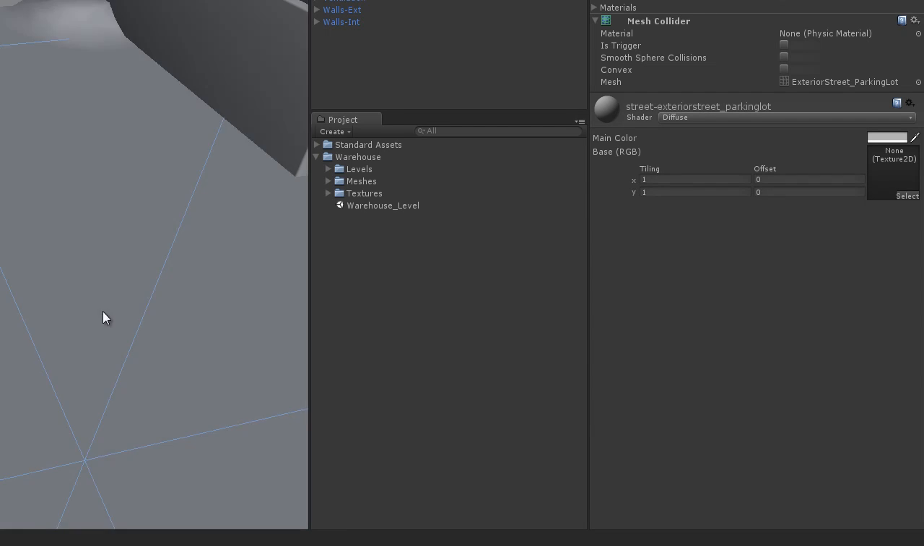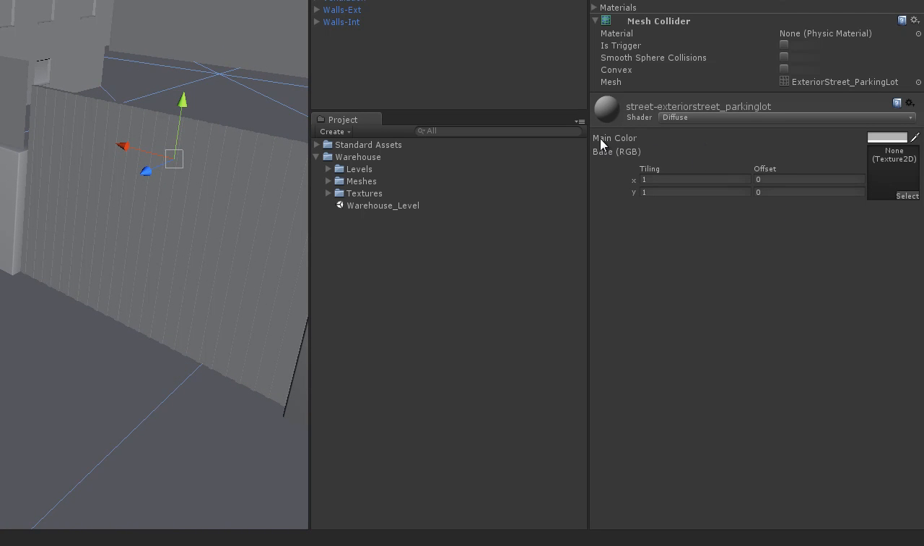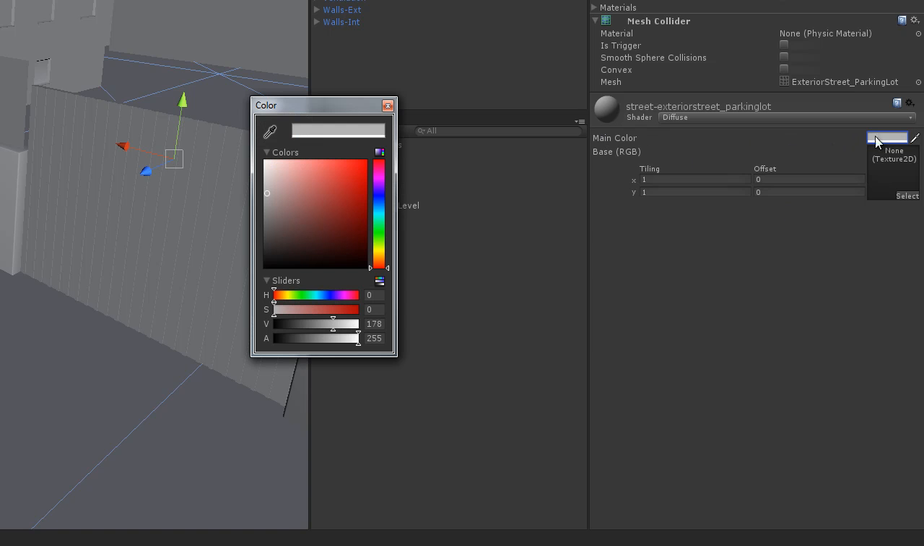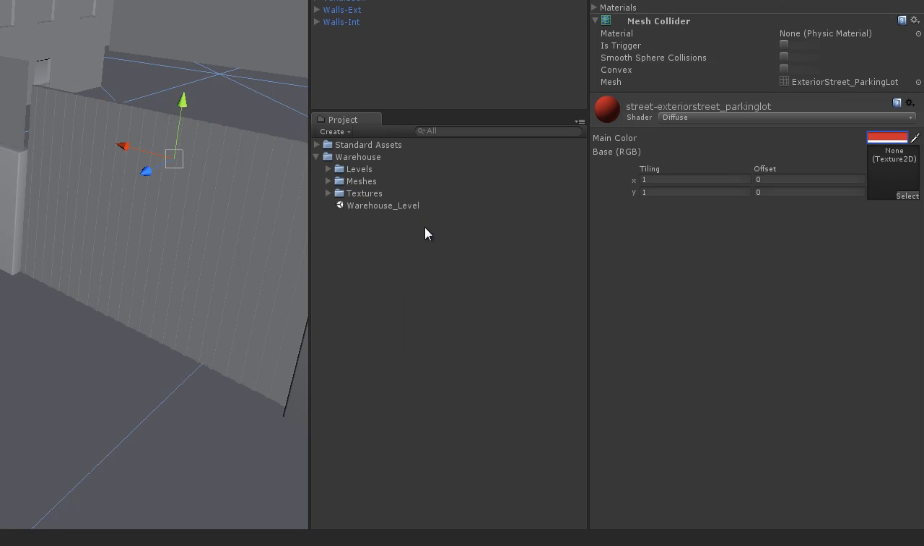Right now I have the street floor object selected here. Over here we can see we have a main color for this shader, which if we make it red, for example, we'll give it a red hue. We also have a base RGB, and this can actually be defined by an actual texture map that's created outside of Unity, say in a 2D image editing program like Photoshop. Let's just see really quick how this works. We need to apply a texture to this. Right now we can see in this little item block over here, it says none texture 2D. There's no texture defined. So what you can do is click on this little select button down here,